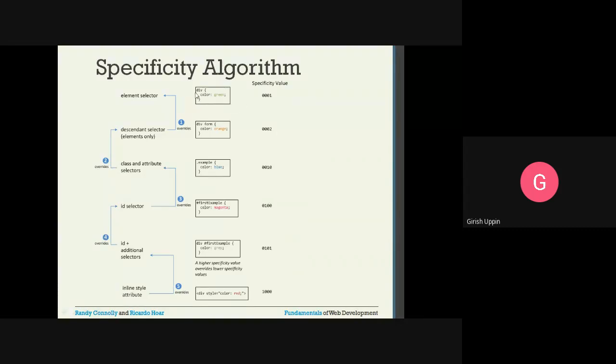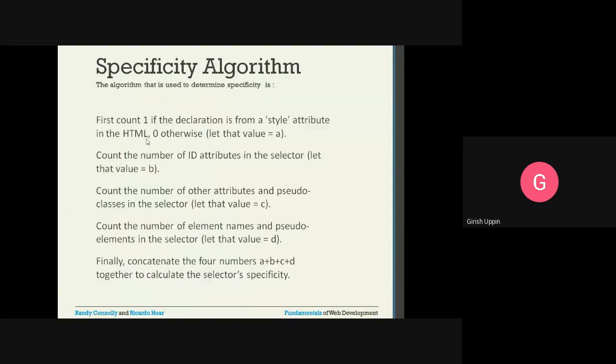Here we have an example, div color green. If you go by this statement, we do not have a style attribute in the HTML element, so this will be 0. Then count the number of ID attributes in the selector. There are no ID attributes, so this becomes 0. Then count the number of attributes and pseudo classes.